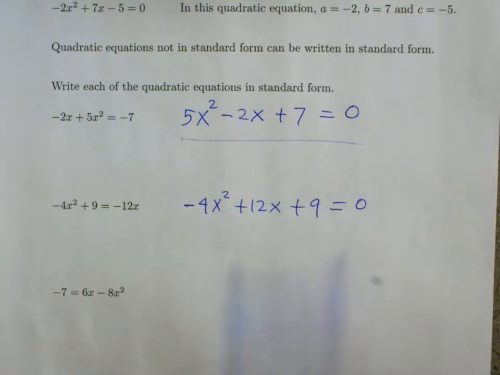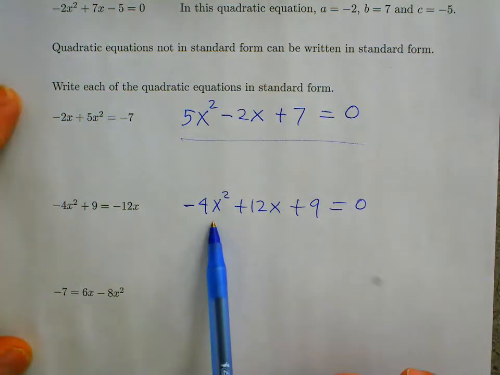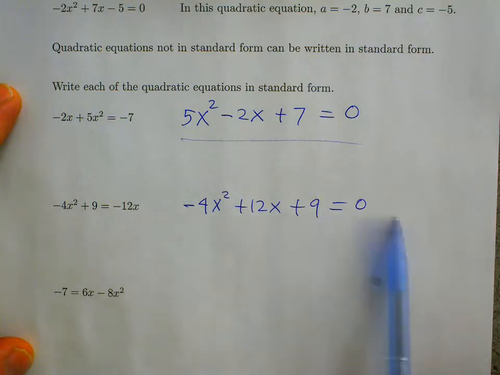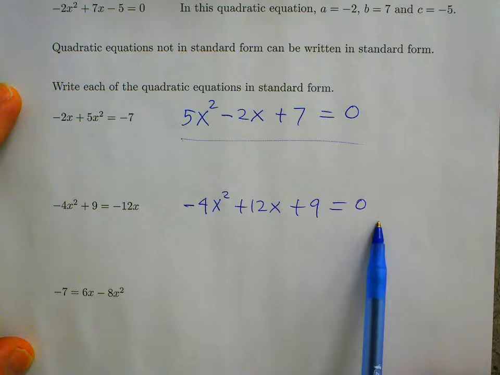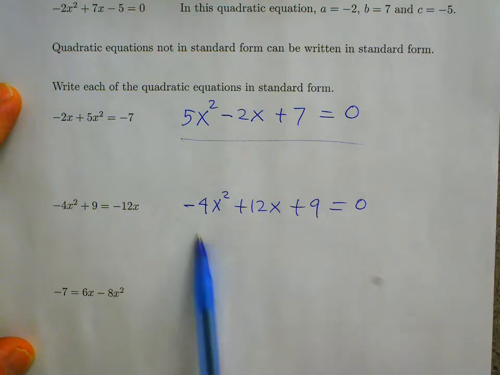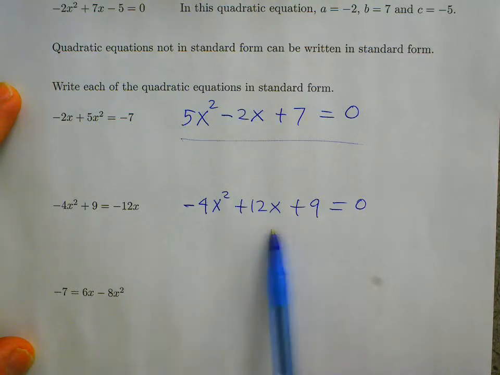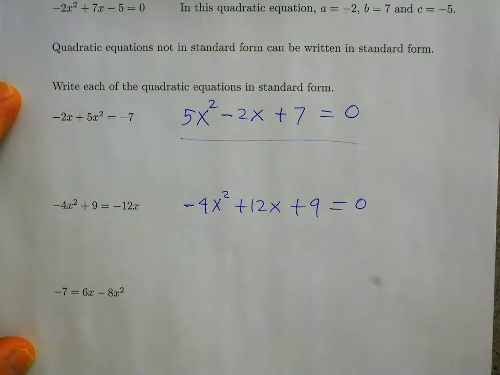You should be aware that every quadratic equation can be written in standard form in one of two ways. So this one, negative 4x to the second plus 12x plus 9 equals 0. If I multiply every term on both sides by negative 1,